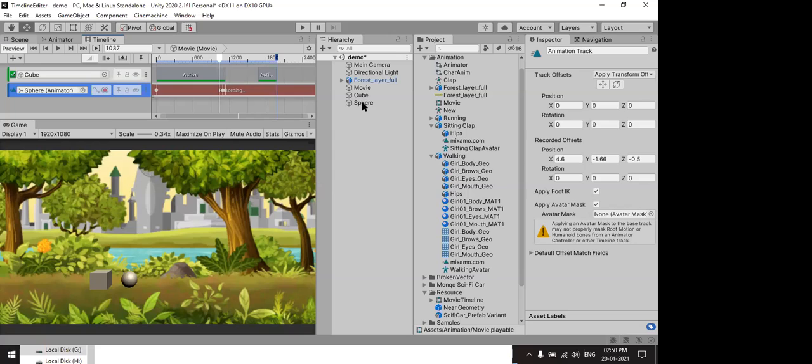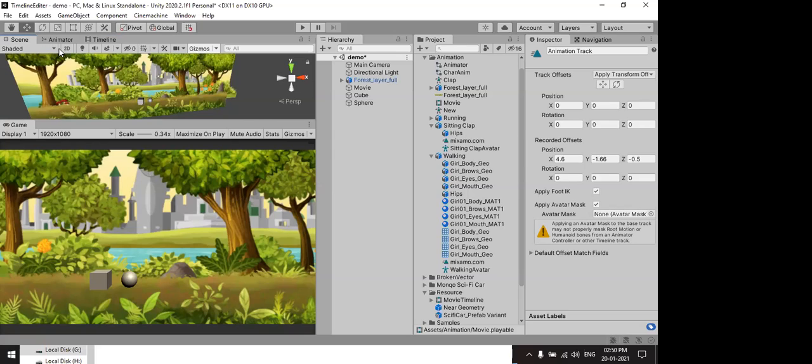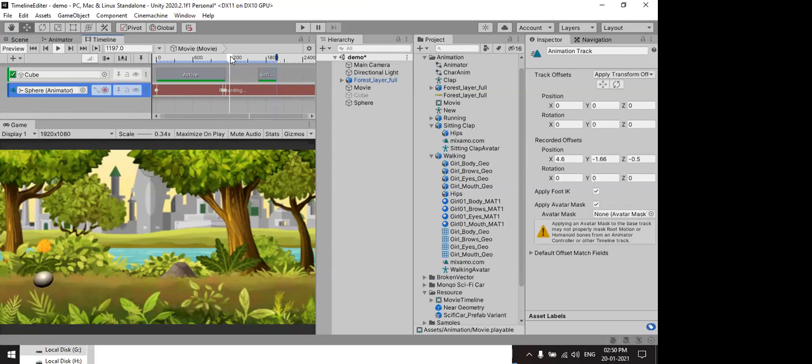Now just play the timeline. See that. This is the scenario. It will move, when I hit the cube I hide it, and when I cross the cube I activate it again. So slowly it will move.